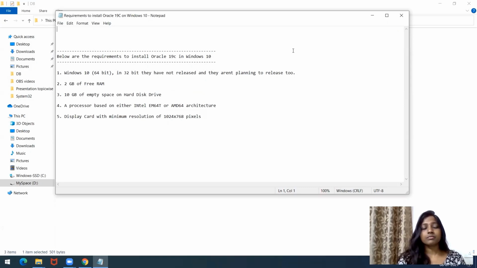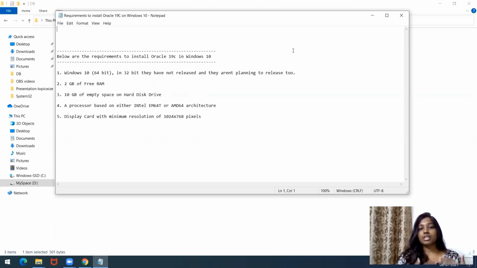The next one is a processor based on either Intel EM64T or AMD 64 architecture. These are the two things you have to consider for the processor. And a display card with a minimum resolution of 1024 by 768 pixels. These are the minimum requirements for the installation.